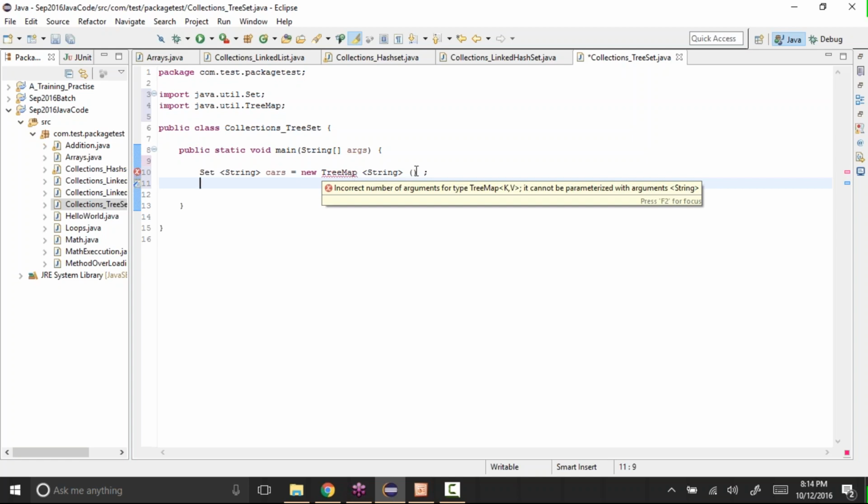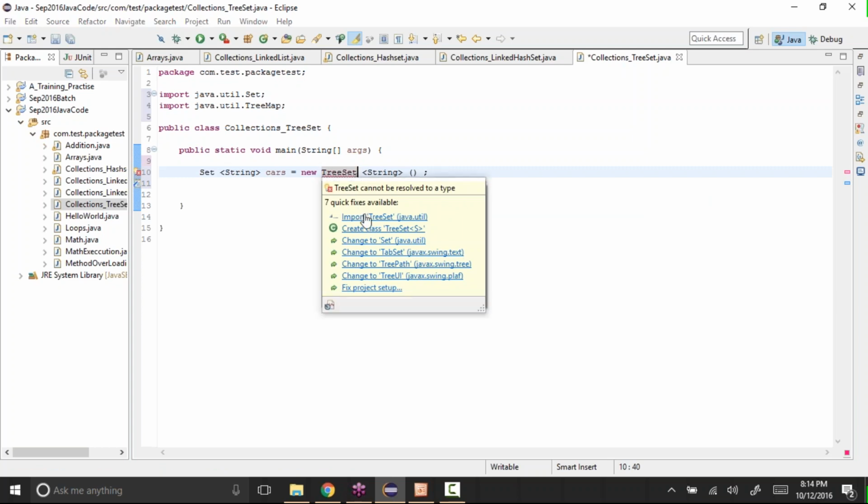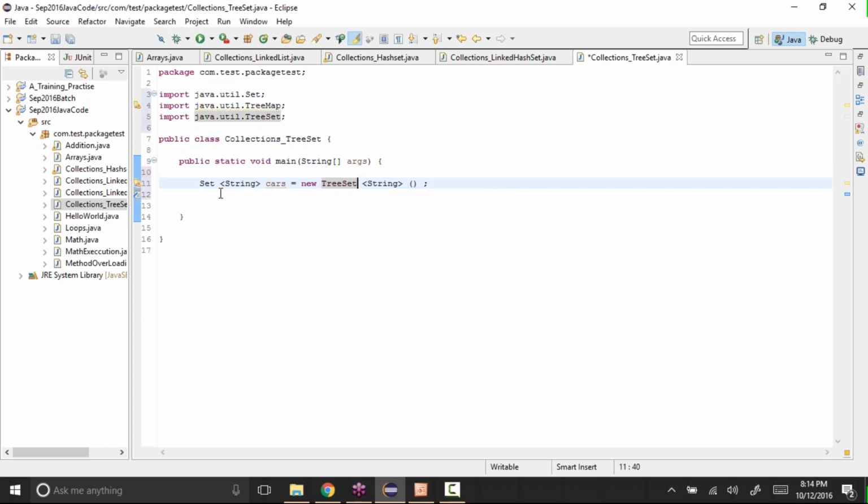Oh sorry, incorrect number of arguments. Oh sorry, not tree map, it's tree set. Okay, import tree set, so set and tree set.